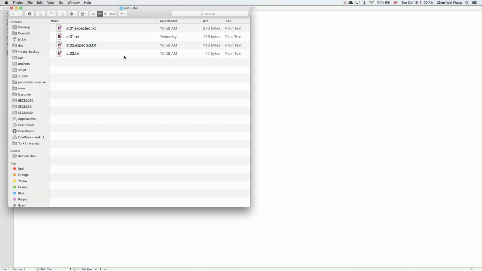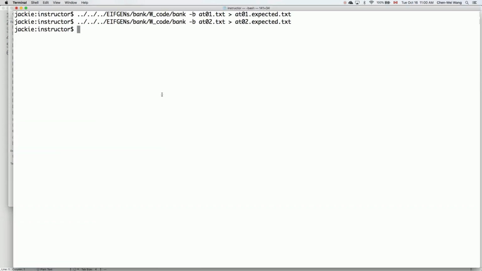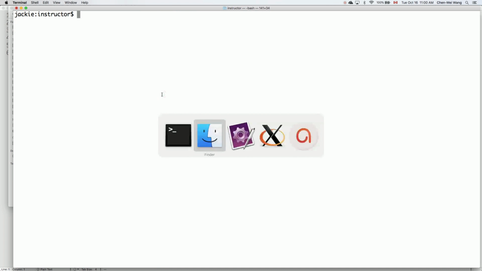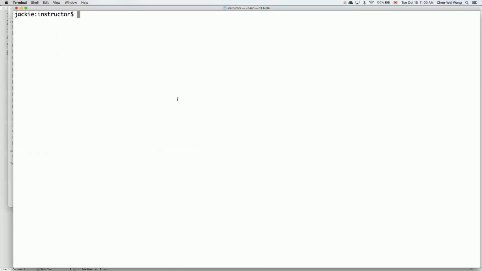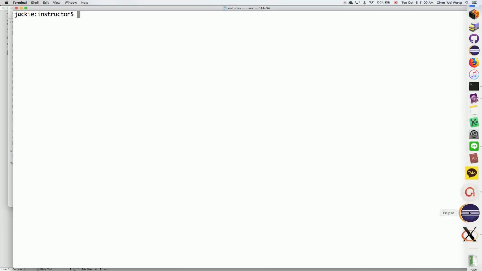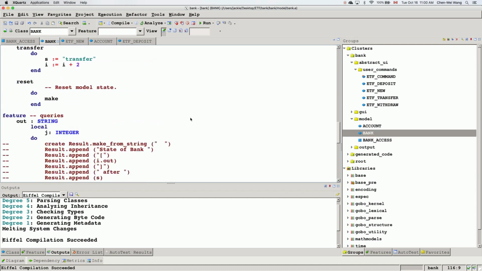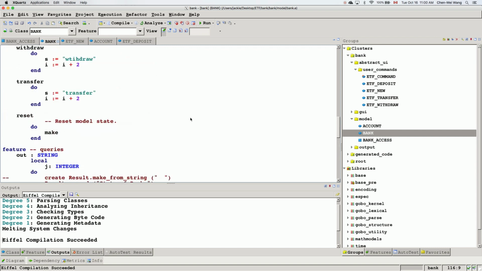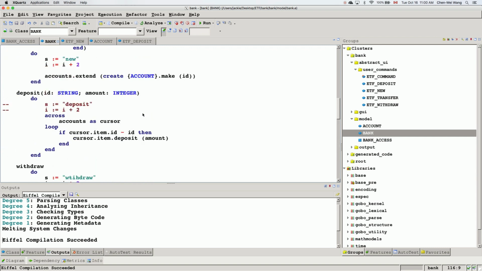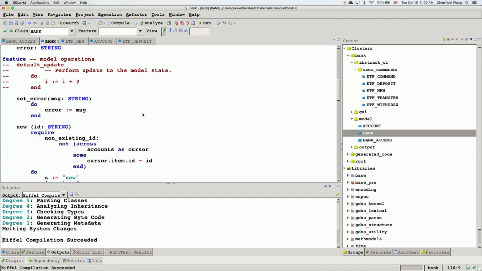Okay, so now how do we run the process? I'll give you some idea. Let's say we introduce some changes over here. For example, let's say I go to my model classes over here. Let's go to the bank class. Now let's say for some reason I modify my precondition for the new feature by accident. So I go to the new feature over here. Let's say for some reason I got rid of